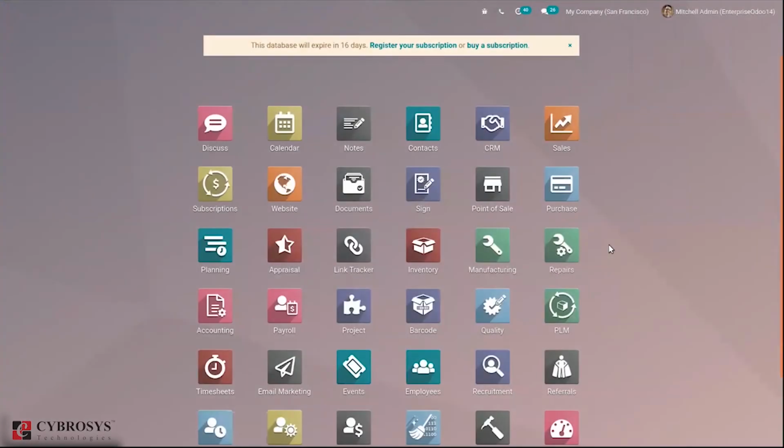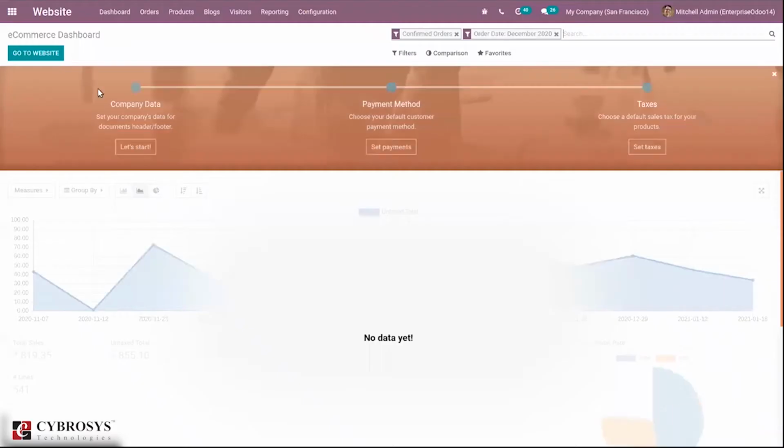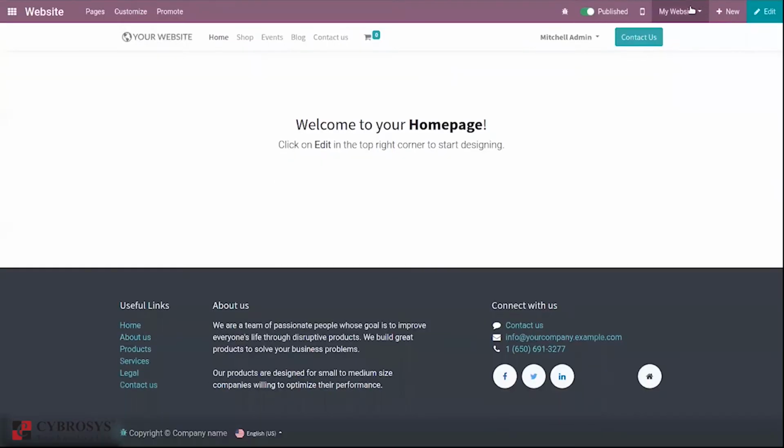Hi all. Today let's discuss how to create website pages and edit layout in Odoo 14 website. For that, we can directly go to the website module, and from here we can change the website. You can select the website from create website,